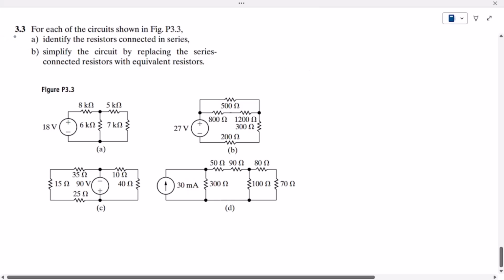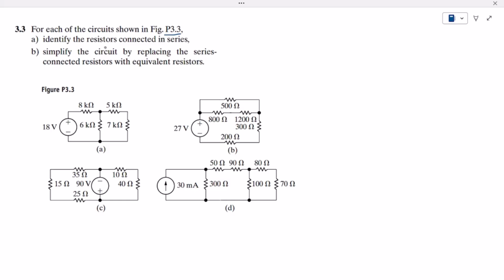Welcome back, guys. This is question 3.3 of chapter 3 of the book Electric Circuits by Nilsson, and the statement of our question is: for each of the circuits shown in figure P3.3. Okay, so this is the figure P3.3 and here we have figures A, B, C and D, and for it